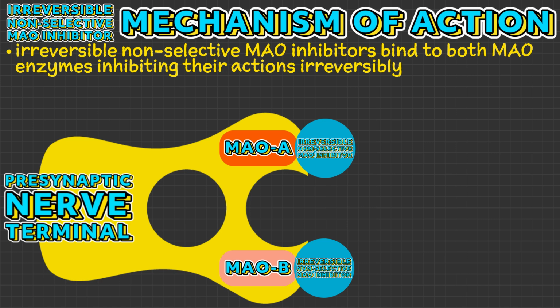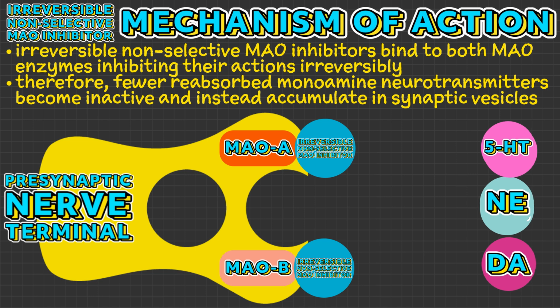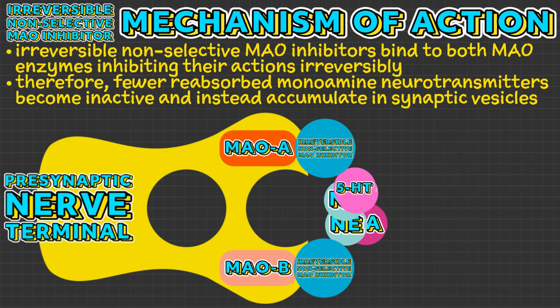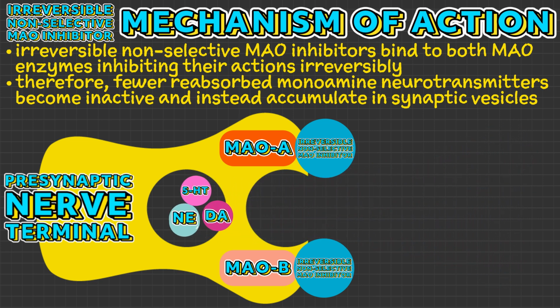Irreversible non-selective MAO inhibitors bind to both MAO enzymes, inhibiting their actions irreversibly. This means they create a permanent bond and permanently inhibit the action of the MAO enzyme to which they are bound. As a result, fewer reabsorbed monoamine neurotransmitters become inactive and instead accumulate in the synaptic vesicles within the presynaptic